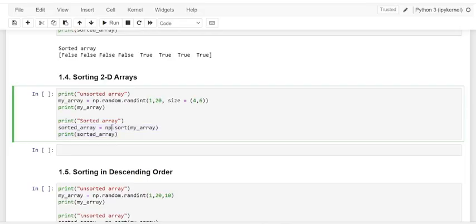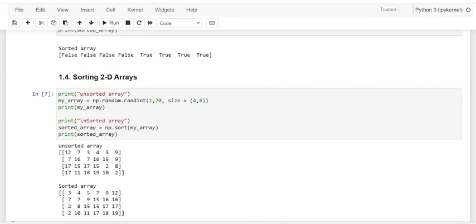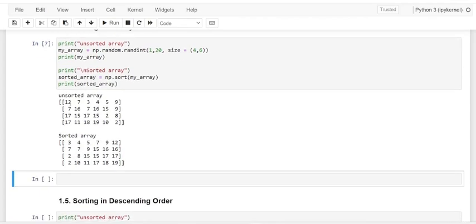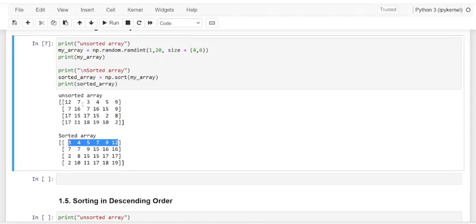np.sort. And see here dear friends, kindly observe the result. I'll just make it in the next line of execution. So see here, kindly observe, each and every individual array is sorted. Each item itself is an array. So when I pass it to the sort function, kindly see in the first row 12, 7, 3, 4, 5 and 9 are there. Of course we are getting 3, 4, 5, 7, 9, 12.